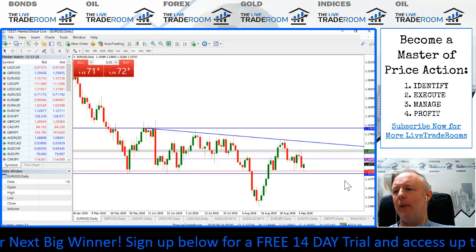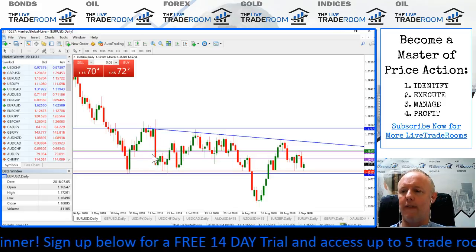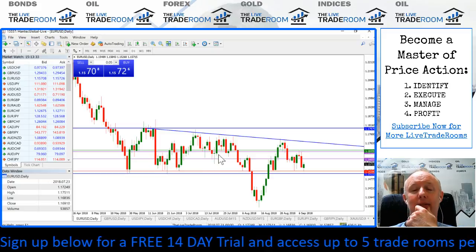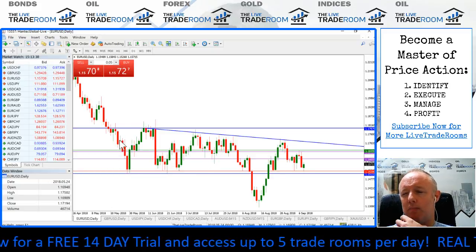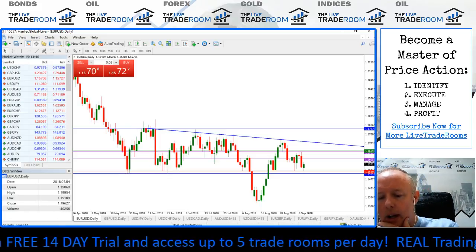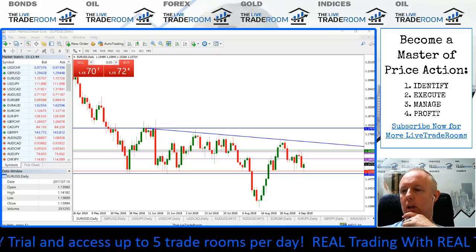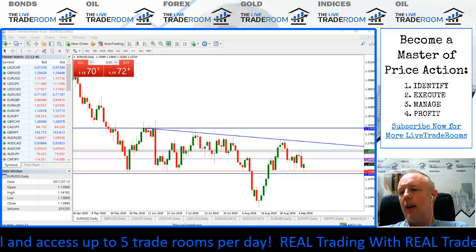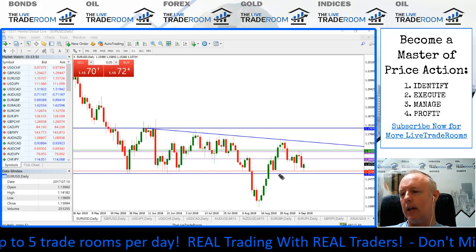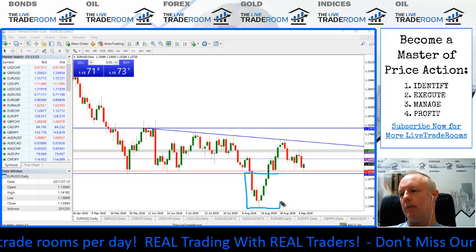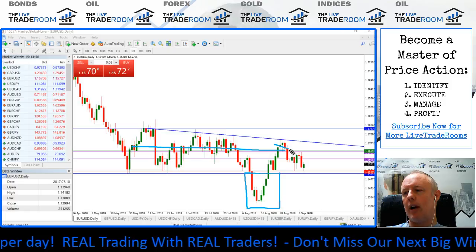So really what we have with the euro dollar is that this market is effectively in a period of consolidation. This period of consolidation has been going on since mid-May. What I'll do is get up the pen just to show you. Apart from a little bit of a break to the downside during mid-August, we've effectively been in this sideways moving market.